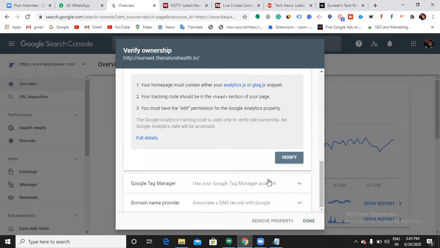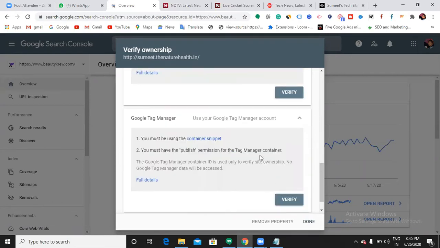Then Google Tag Manager. It is also one kind of tool where we can manage different kinds of tags. What is the use of Google Tag Manager? Now we have many tags, right? In future, you will be facing many tags like the conversion tracking tag, remarketing, Facebook pixel, and Google Analytics tag. If you have a lot of HTML tags in your website, that makes your loading speed very slow.